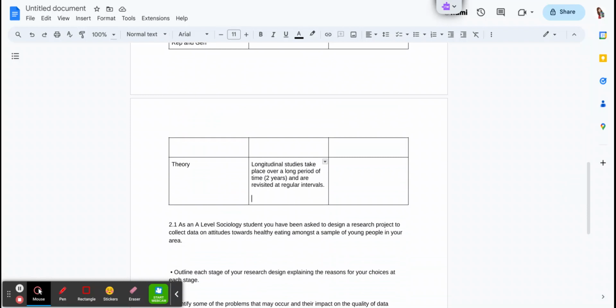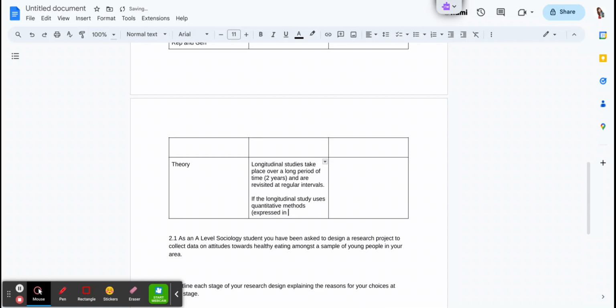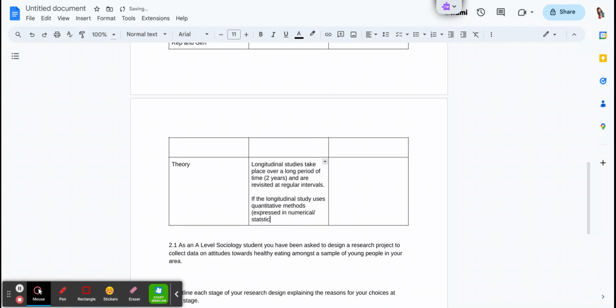So, if the longitudinal study uses quantitative methods, so that are expressed in numerical or statistical form, it is favoured by